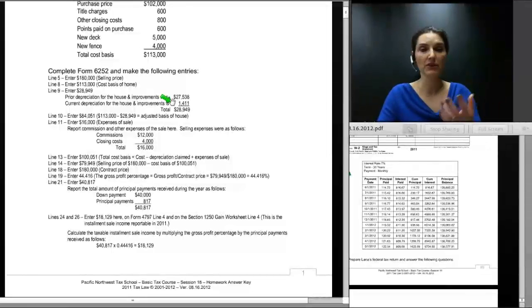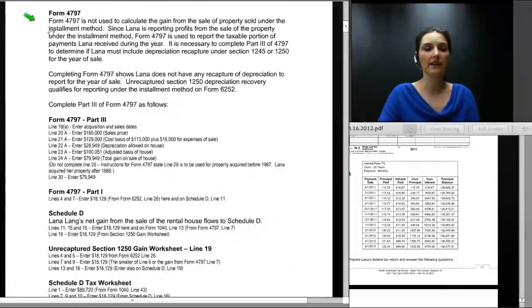You can pretty much predict that that is the entry that we will make for 2011 depreciation on her Schedule E, and then that Schedule E entry will be the only number entered on the Schedule E. It creates a loss, and that loss will flow through to the 1040 and is claimed on line 17 as a negative entry. Regarding Form 4797, Form 4797 is not used to calculate the gain from the sale of the property